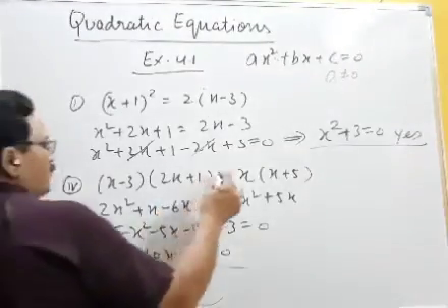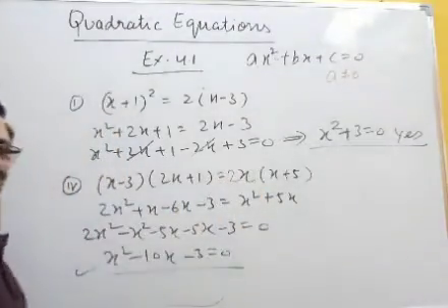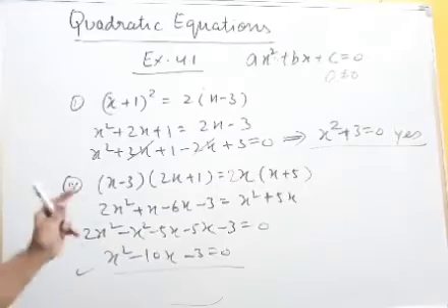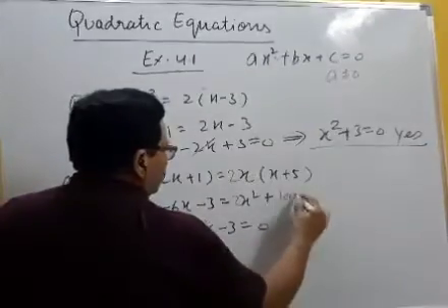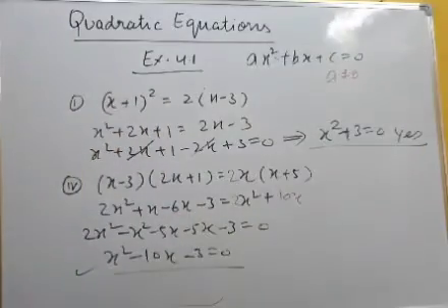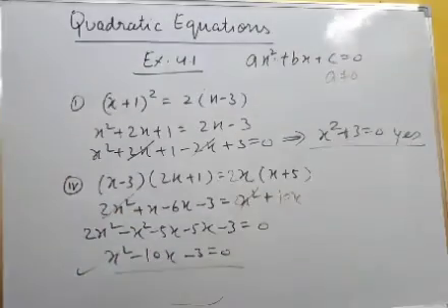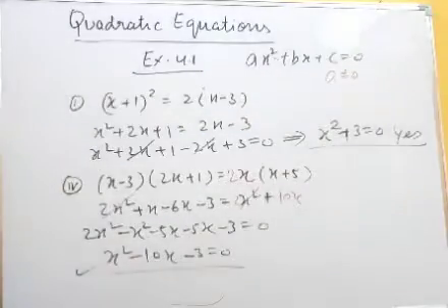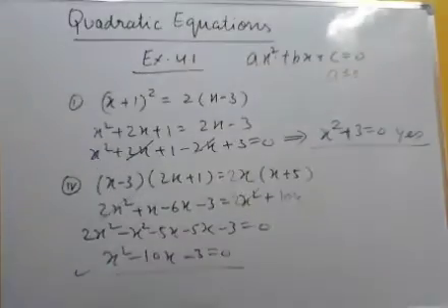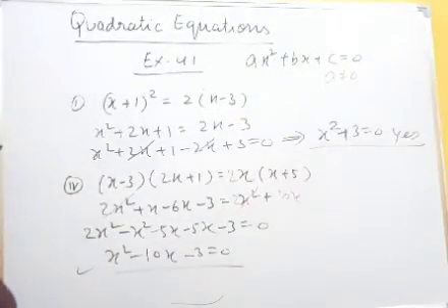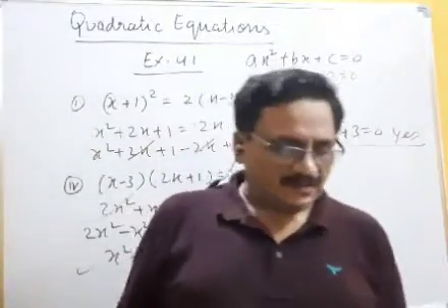You can see that I am writing this 2x. Okay, I am writing in another color, this 2x. When I write with 2x, what will you get there? See, this is 2x square and here you will get 10x. When you solve it, you will find 2x square and 2x square will cancel. So now finally what will you find? Degree is not maintaining 2. It is a linear equation, not a quadratic equation. In a similar way, you can find all these 4, 5, 8 parts. It's very easy. Everybody can solve.